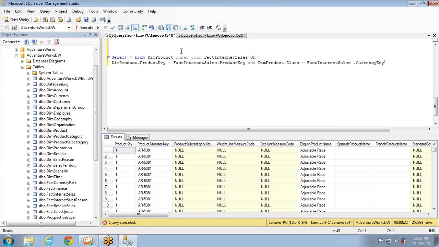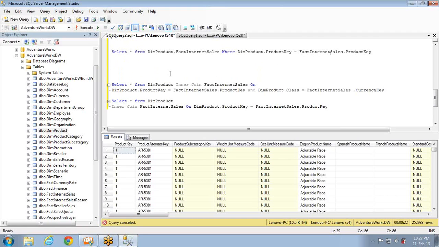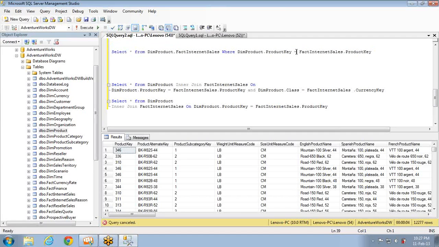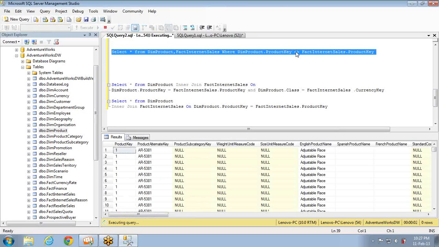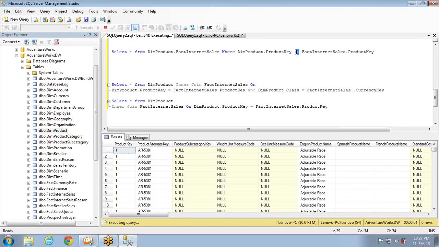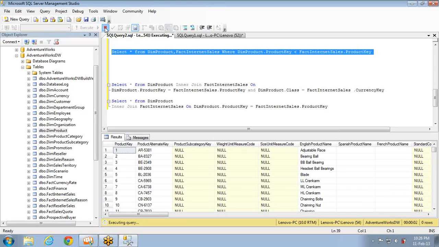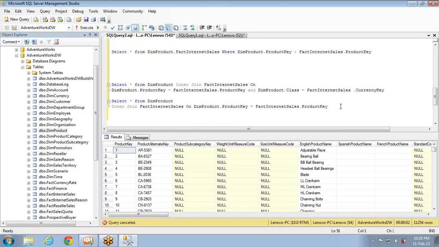And you know this is an equi-join, and this join is called inner join, or we also call it equi-join, right? If you take this one, it is checking where product key is equal to key and you are getting some records. So this is called equi-join. And if you give something else apart from equal to, let's say not equal to, this is called non-equi-join. Or you can give less than or greater than, whatever you wish to. So all these fall into non-equi-join. When you pass equal to, we call it equi-join, and if it is anything apart from equal to, then we call it